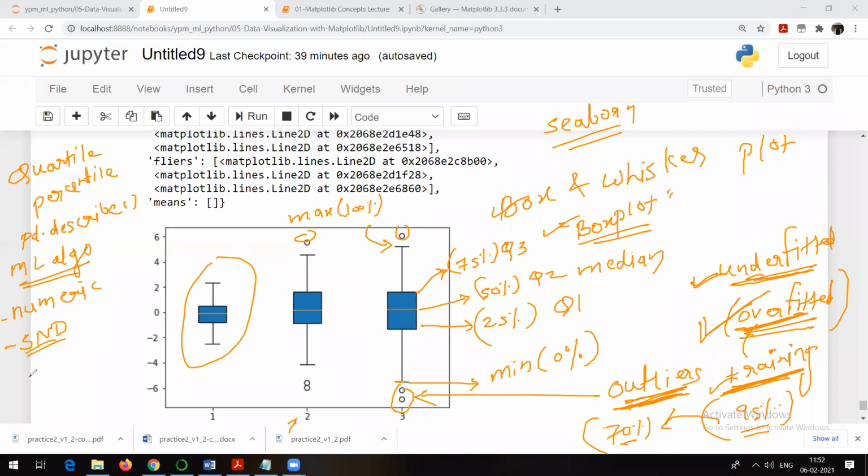What do you mean by standard normal distribution? If you try to plot a graph for your data, the graph should look like this. That's a bell-shaped curve you should get. Standard normal distribution means symmetrical, right? So if you have outlier values in your data, obviously your data distribution will not be symmetrical. So it is one and the same thing. That's why it's very, very important to take care of outlier values.